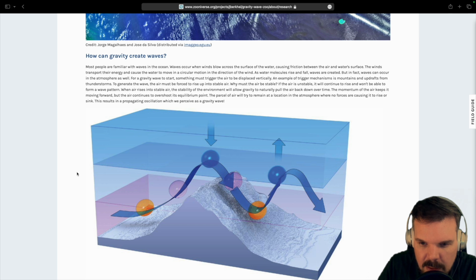Okay, so if I get this right, if the air rises, for example, at the side of a mountain, and on top of the mountain it encounters what is called stable air, then over time it will be pulled down again by gravity and then rise again and be pulled down again because it overshoots. So it's kind of oscillating for a bit, I guess, before it reaches some kind of equilibrium point. Not sure I got that right, but